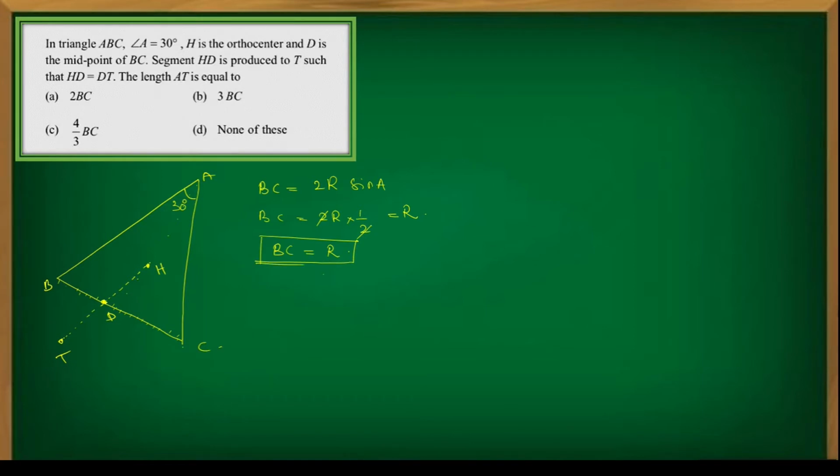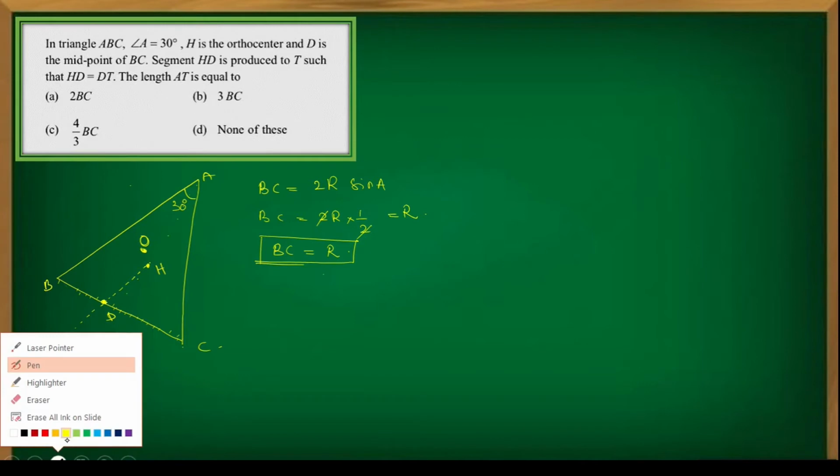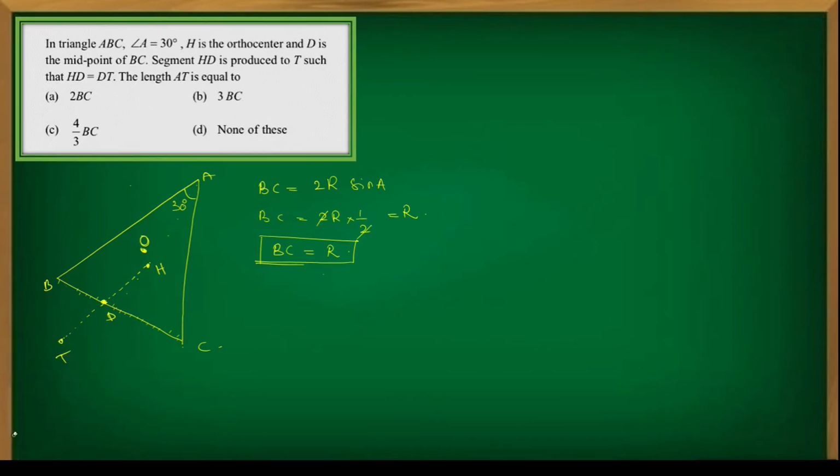So if I want to use this, the AT value should be, if I say first option, 2R. If I say second option, it should be 3R. If I say the third option, it should be 4 by 3 R. Do you understand? So therefore, we will try to find AT in terms of capital R now. So let us suppose somewhere I have the circumcenter O. Now tell me, if I know the circumcenter and orthocenter, I can use the centroid also. So now I will write the vectors using reference point O.